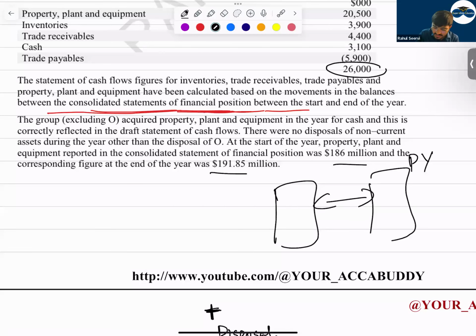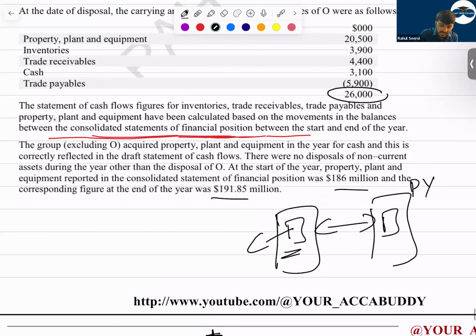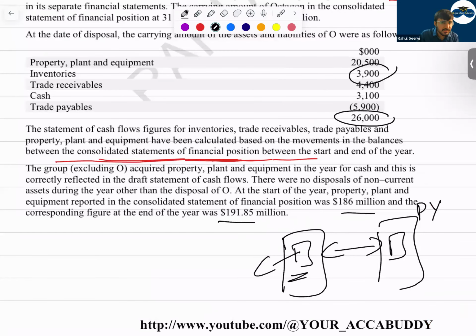In the previous year balance sheet, the value of the inventory was included, but in this year, it is not included, even though they mentioned that the balance sheet is properly prepared. The balance sheet is correct only. In that case, here they have removed it, so the comparison is not like with like. So what should we do? Now see how much is the inventory here. The inventory is 3,900.